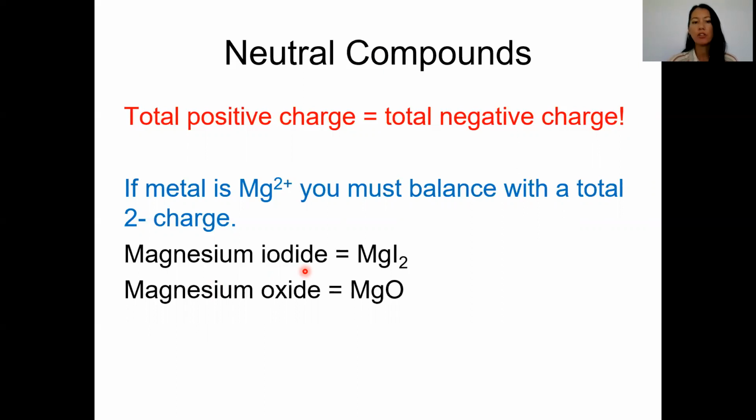But I have to have the 2+ be balanced with the total 2- charge. The only way I can do that is have 2 I's. So I write MgI2